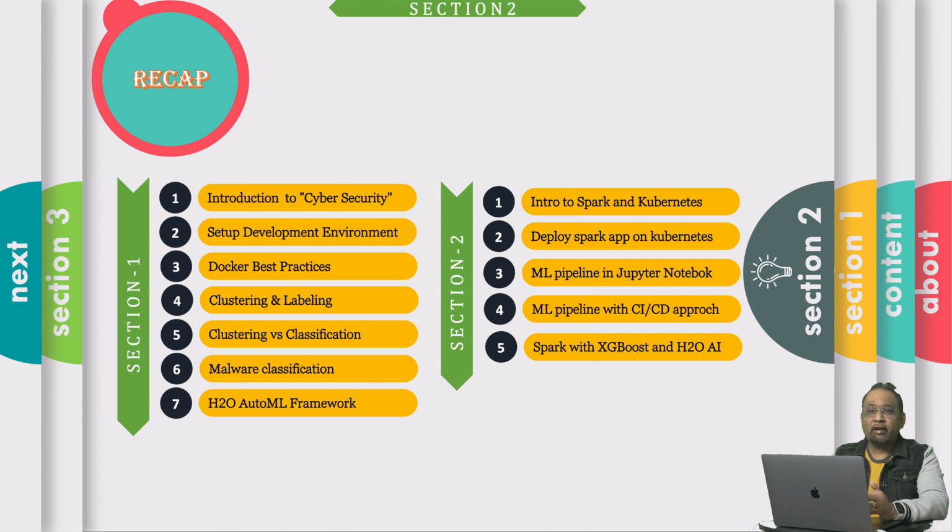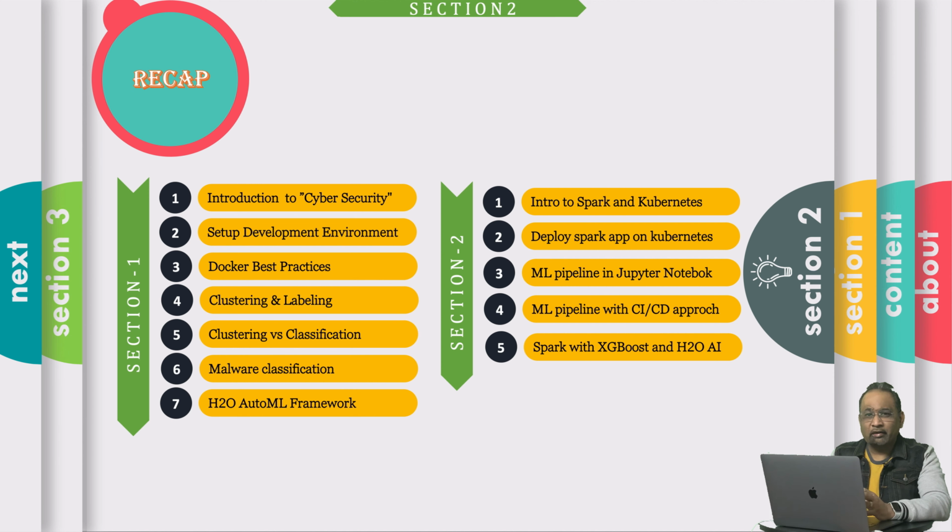Up to this point, we have pretty much explored all the aspects of machine learning for developing our static malware analysis use case, where we initially started with a proof of concept on a small scale of data using scikit-learn, pandas and Python, and later developed a production-grade pipeline using a scale-out Spark cluster on Kubernetes. We also saw that in addition to Spark ML, we can integrate some robust third-party machine learning libraries like XGBoost and H2O AutoML into Spark, and explored the complete development, build and deployment lifecycle using the same.